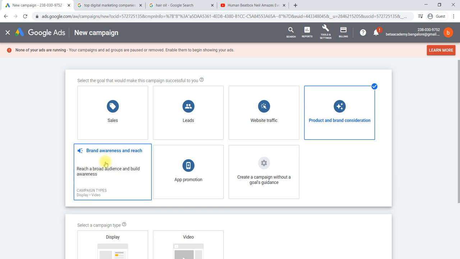When we select brand awareness, you are planning to penetrate your entire company. In the sense, you will not be concentrating on only one product, but the entire company name you would like to promote to your audience, to reach your audience. Then we are selecting brand awareness and reach. Then